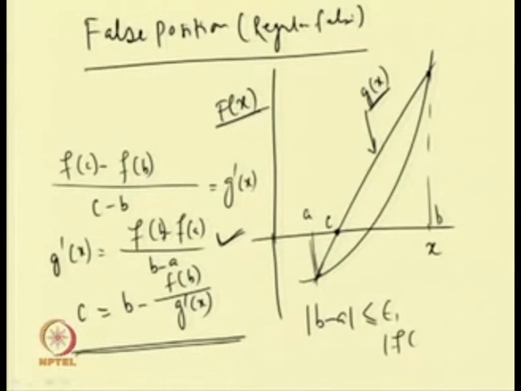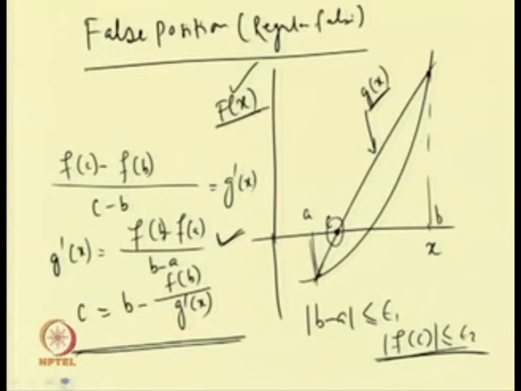and this f(c) value is less than epsilon, that is very close to 0. So, when we are considering to find the solution of this f(x), that means we are finding this value of x for which this f(x) equal to 0. In that case we can use this false position method. In this false position method we have to find this point C. This point C we can obtain by using this method, that is C equal to b minus f(b) by g'(x), where g' equal to f(b) minus f(a) by b minus a.